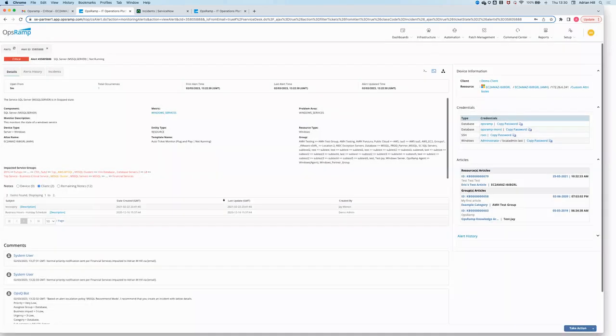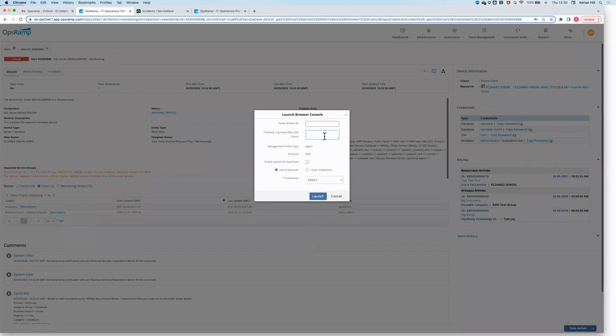So in addition to running commands, we can also run a remote session directly to the host to gather some more information by clicking on the icon shown in the screen now. So this allows us to run an RDP session directly to the agent without the need for a VPN connection. And similarly, when we're running commands, we do not need a VPN connection to do those either. So if we click on the link, we can just give that some name, so we say SQL Server issue,